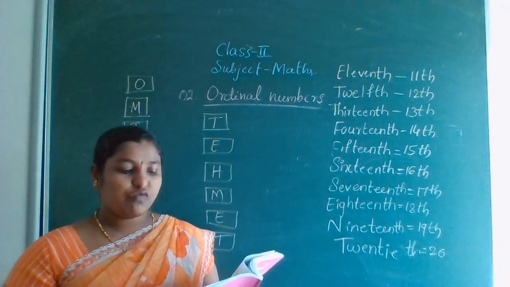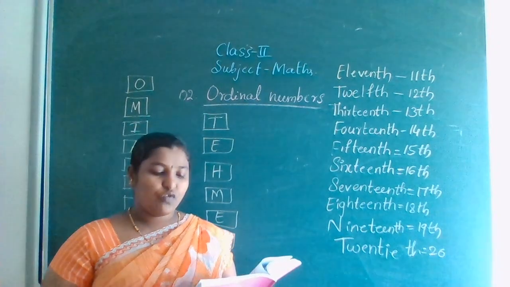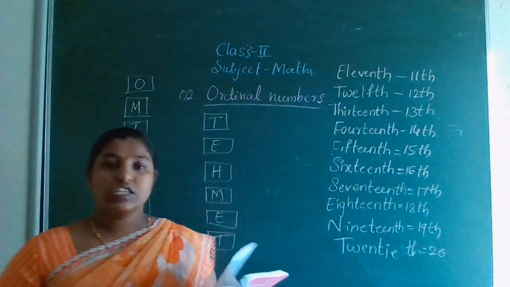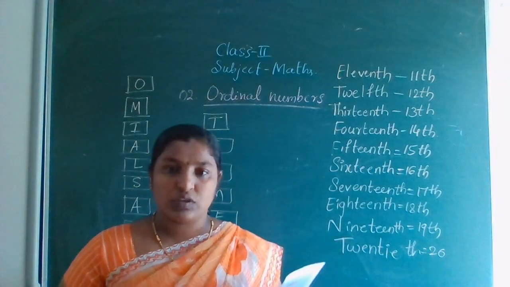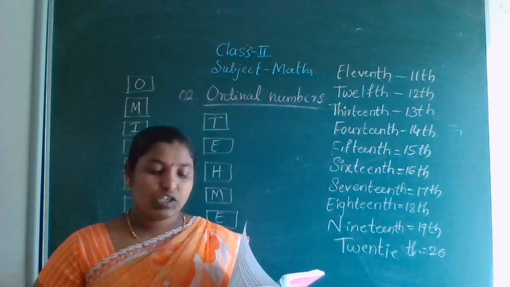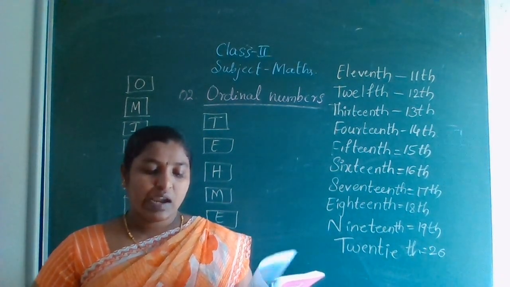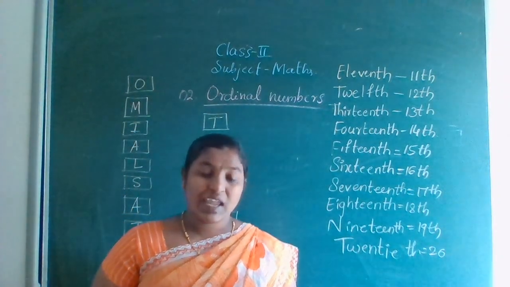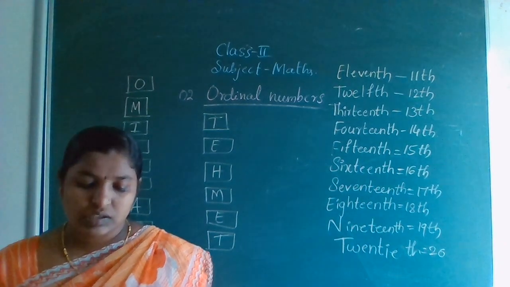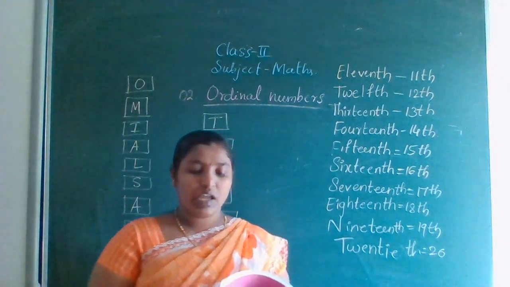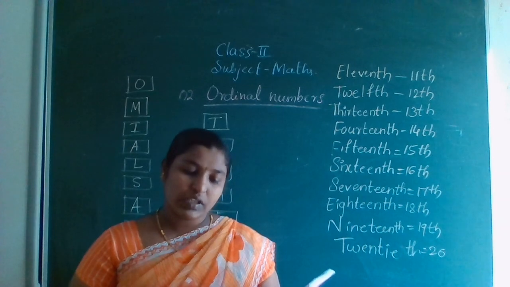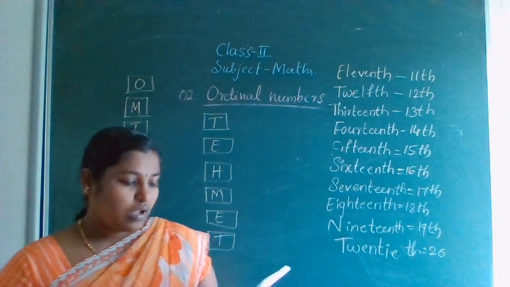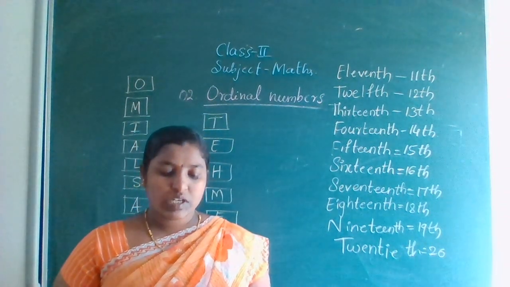Common mistakes which we will do. They have given here fourth. Everybody will do fourth spelling F-O-R-T-H. That is wrong. Correct one is F-O-U-R-T-H, fourth. Then ninth, N-I-N-E-T-H, many will do, but that is N-I-N-T-H. 19th, N-I-N-T-E-E-N-T-H, 19th they will write, but that is N-I-N-E-T-E-E-N-T-H. Okay.